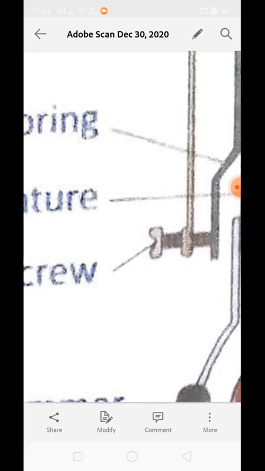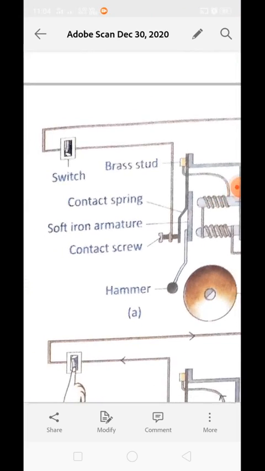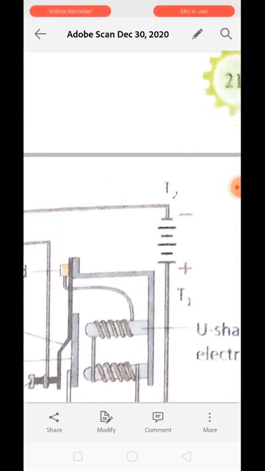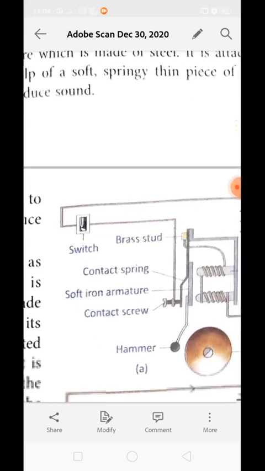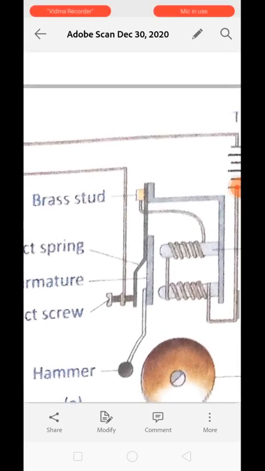The tip of the screw is made up of silver cadmium alloy to prevent its oxidation due to sparking. It is connected to the terminal T2. Just see over here, it is connected with the terminal T2. The wire is running through this one over here, and just see the T2 terminal is connected with the